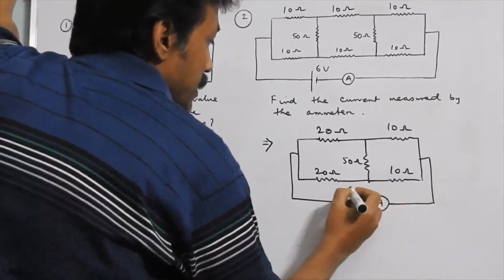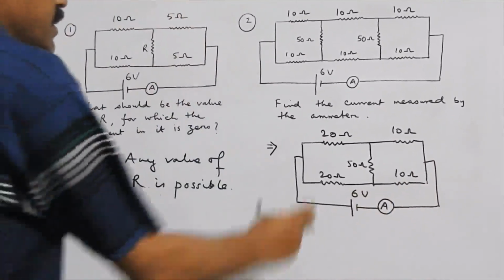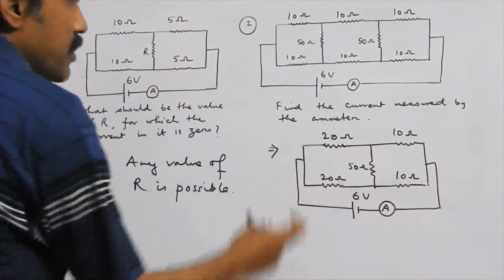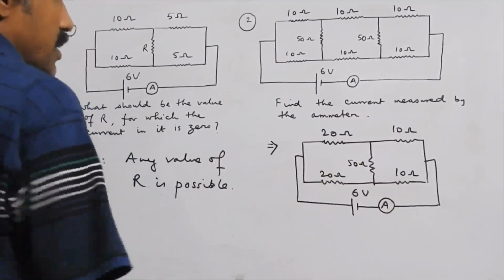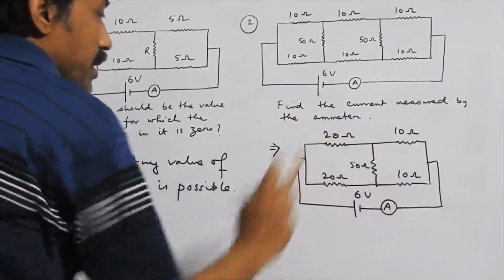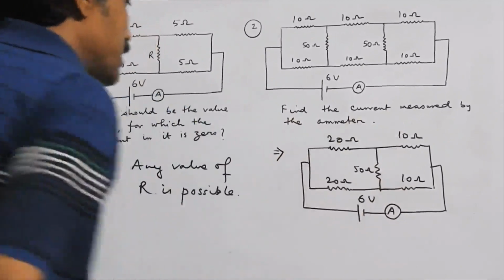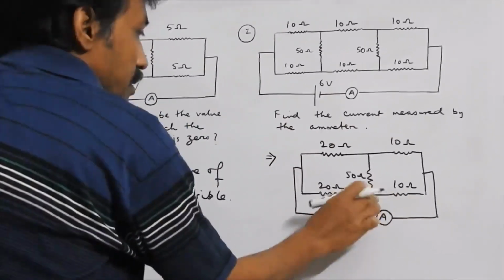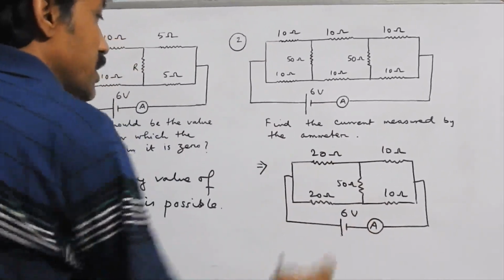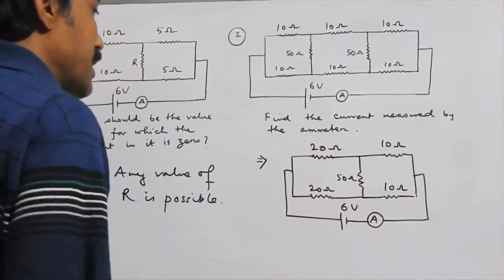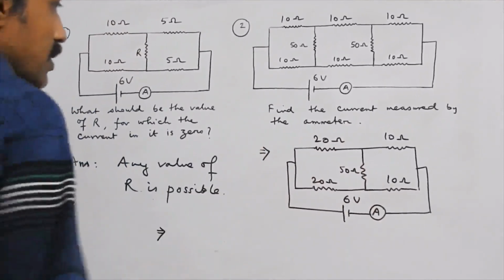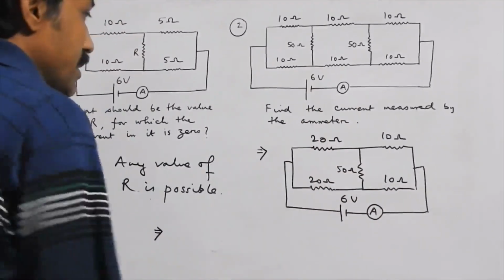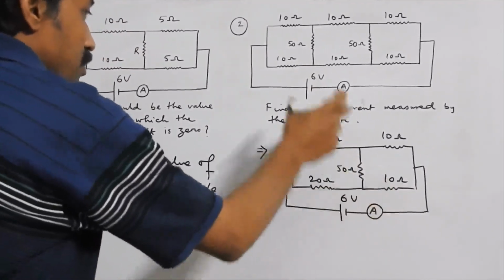Now you again see that this is again a balanced Wheatstone bridge, because 20 by 10 is 20 by 10, or you can say 20 upon 20 is 10 upon 10. So again this is a balanced Wheatstone bridge, so no current is passing through the 50 ohm, so its presence is meaningless. So this circuit will now simplify to 20 and 10, 30, 20 and 10, 30, and both these 30